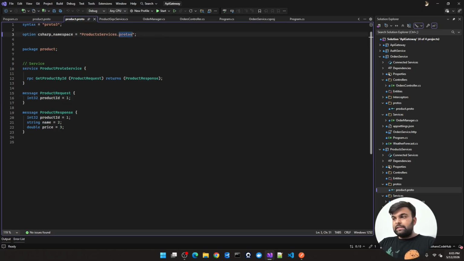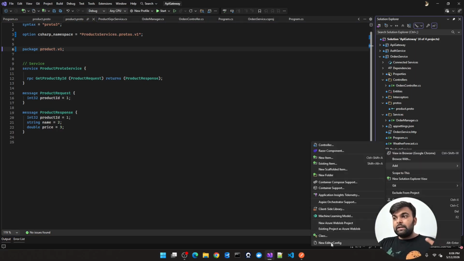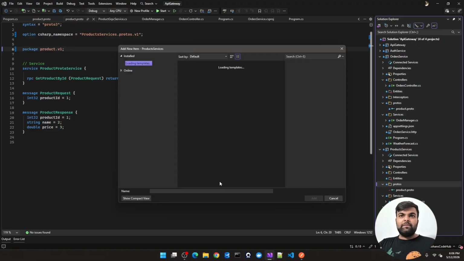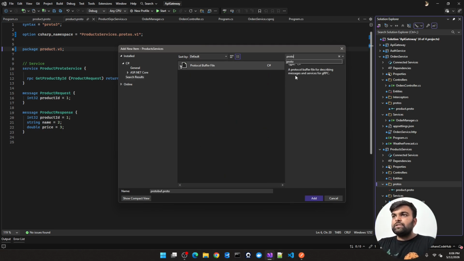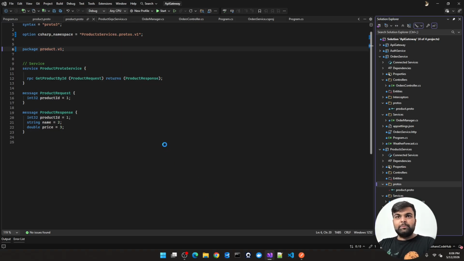Basically this is our server side proto file. What I will do here is implement namespace versioning. Make sure that this is our version 1, and thereafter I will create version 2 as well. So this is our version 1 based product proto file. Let's create another proto file, and in that file I will make very small changes. First of all you have to search for the product proto buffer file, and I will name this product underscore v2. That's fine. Let's add this product file as well.